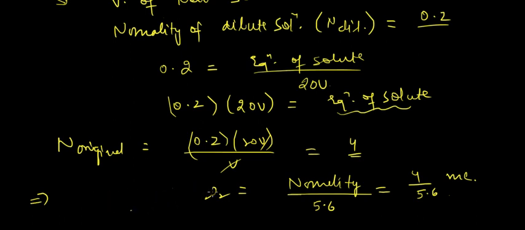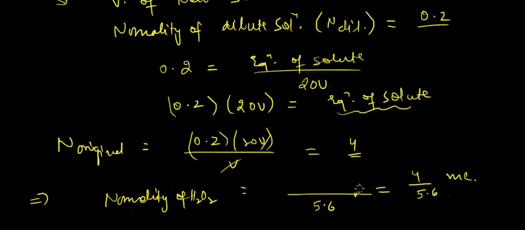The normality of H2O2 is equal to volume strength divided by 5.6. So from this we can write that volume strength would be equal to 4 into 5.6